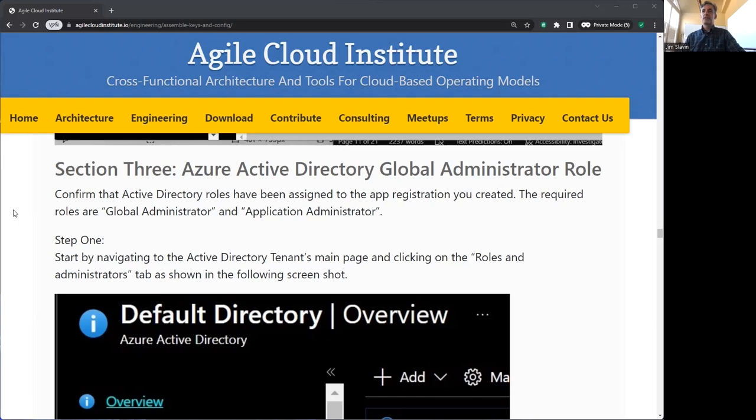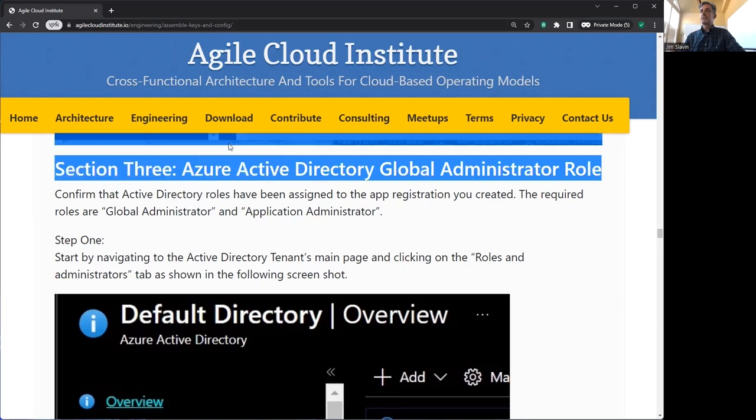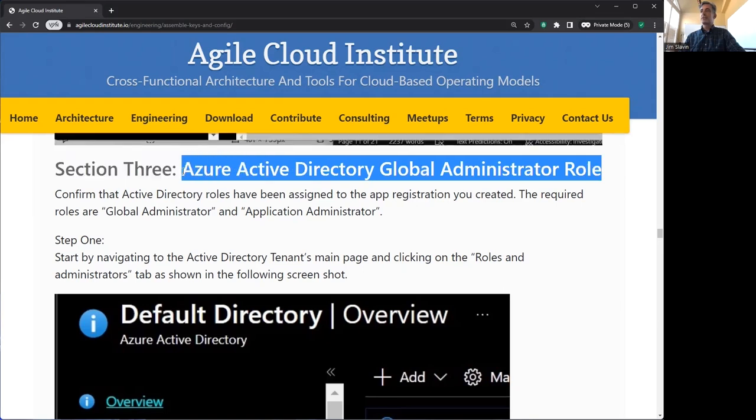This third major section of assembling keys in config involves setting up the Azure Active Directory Global Administrator role, making sure that it is assigned to the myAppRegTest1 service principal that we created when we ran the automated process in section 1. So we'll follow the instructions here from agilecloudinstitute.io in the engineering section in the